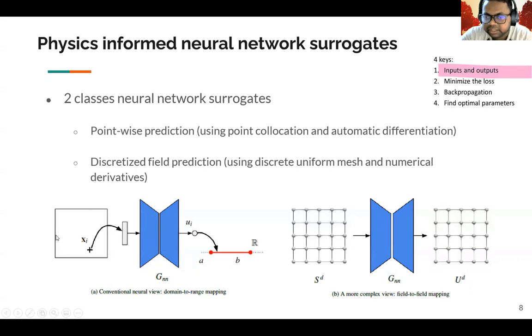Now we are going to look at a discrete field prediction based approach, where instead of predicting for just a few collocation points in the domain, you define a discrete grid, a mesh grid. And you take this mesh grid as an input and send it to a neural network. Obviously, this is not the same dense neural network we looked at earlier. This network then predicts a mesh grid of u values, which is the solution of the field, the PDE, the partial differential equation we are looking at.